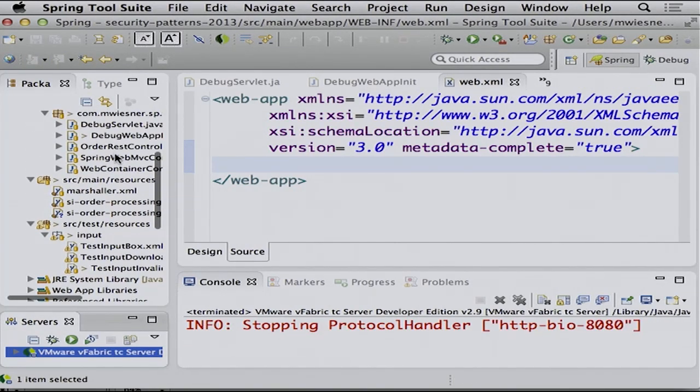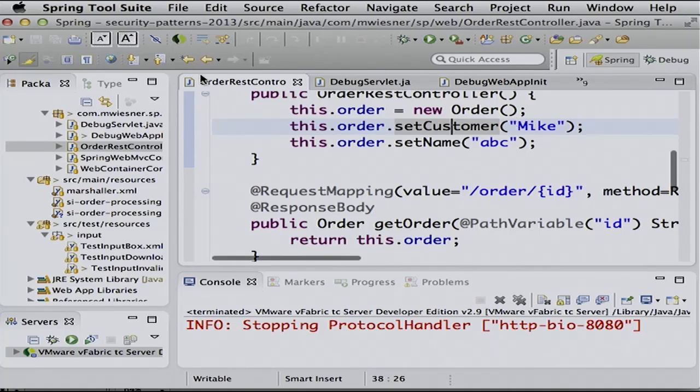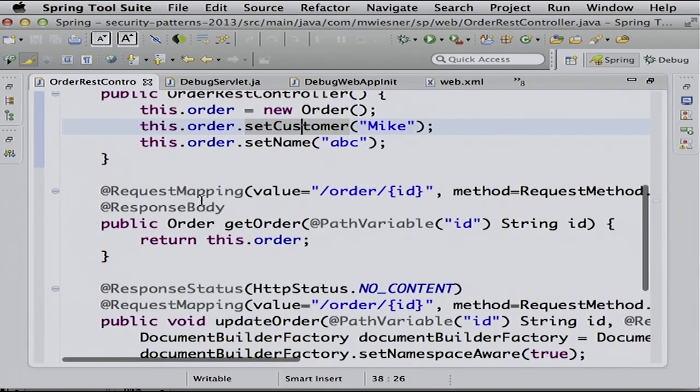Okay. So I will remove that because my application is not working, so I have to re-enable it again. And I'll go to my REST controller. And as you see, it's a standard Spring MVC REST controller. So we have a method getOrder, and we map it to order ID, and we specify that the order return should become our response body. So that means what happens here, the HTTP message converters of Spring MVC will kick in, and they will convert the order into what? And what is it converted?